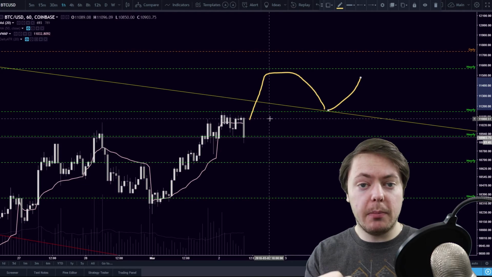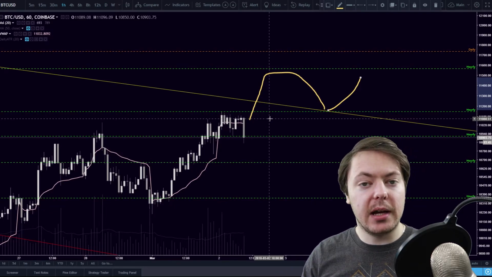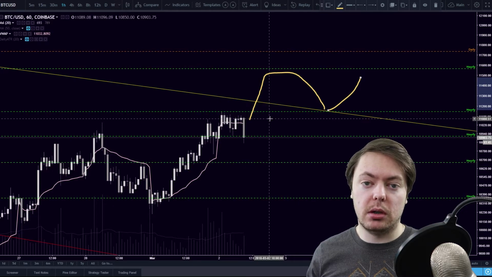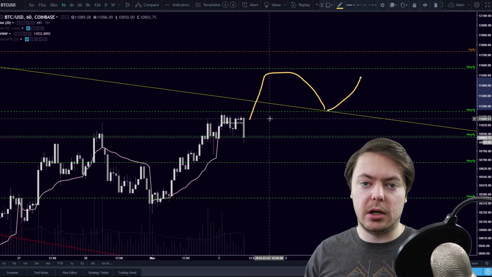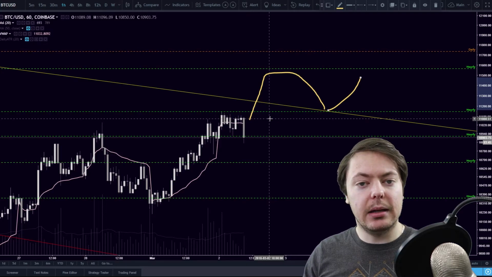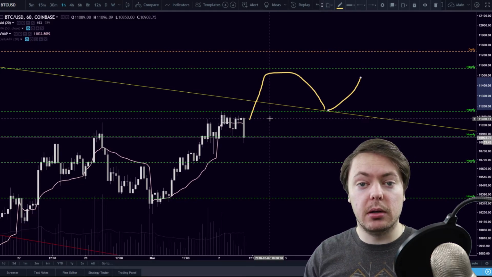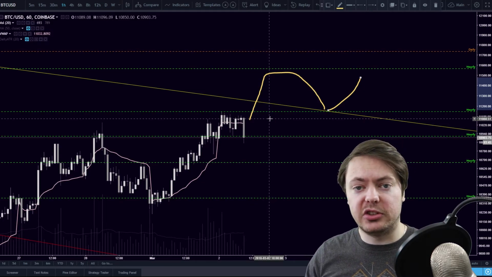We want it to punch up through, stay above that resistance, stay above the trend line, maybe chop around a bit, find a new level of price acceptance, and then pull back into our level, into the trend line. That's the point that we want to start getting into the market. And exactly how we'll enter the market, where we put our stops, where we put our targets, that's something that I'll discuss as the market develops a bit further and we can start to see a potential setup that we could get into. But for now, like I said, I'm just going to sit on the sidelines